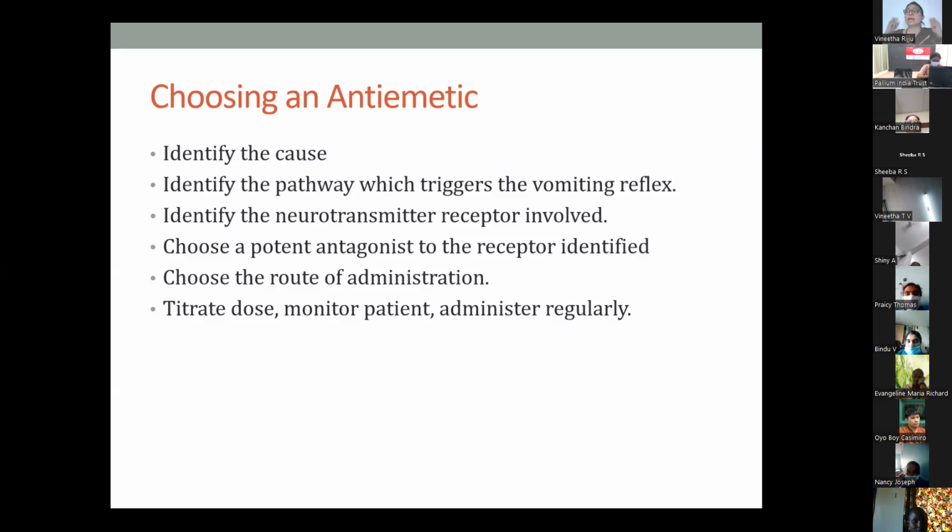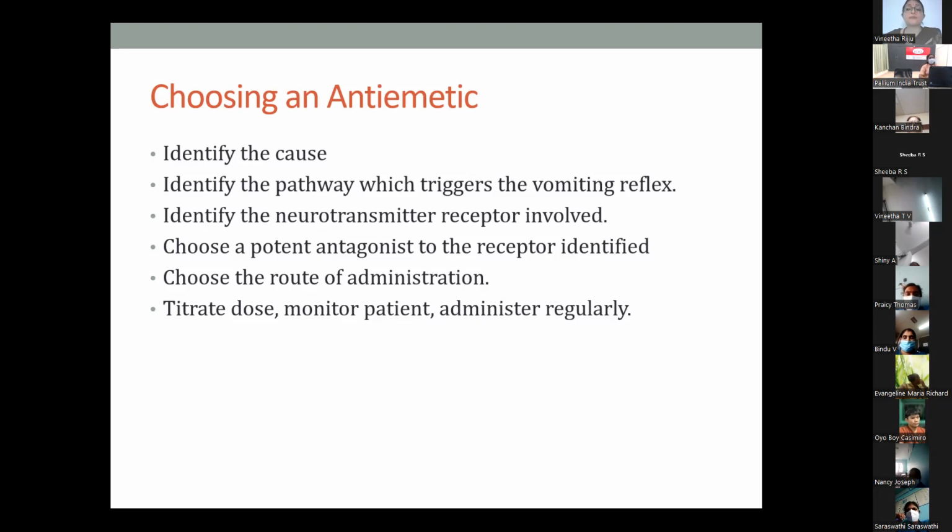If the patient has severe vomiting, not able to take in even half a glass of water, then probably your patient will need a parenteral route. But if your patient is moderately tolerating fluids in small amounts, probably you can ask to have oral antiemetics itself. Okay.